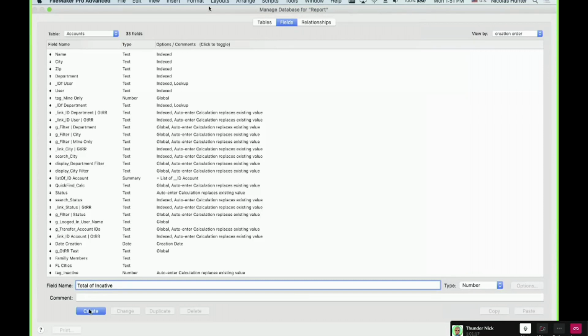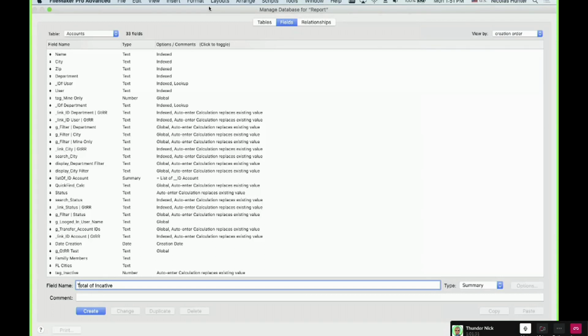So it's a summary. This is where it starts to be a little bit more complicated. FileMaker has fields that we call summaries. What those summaries are doing is compiling a set of records and making an operation out of this set of records.